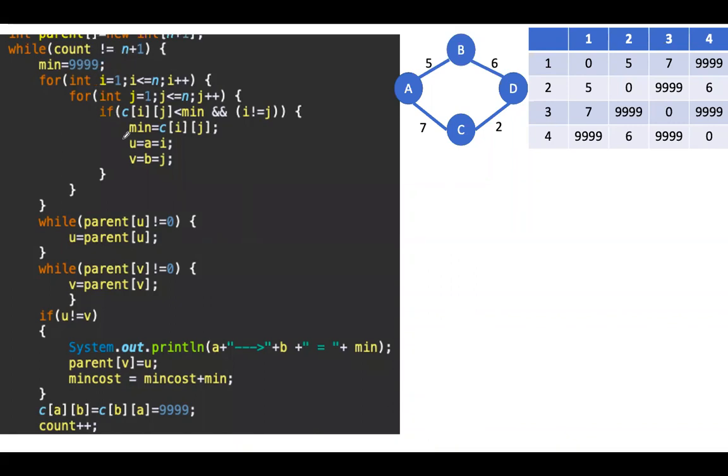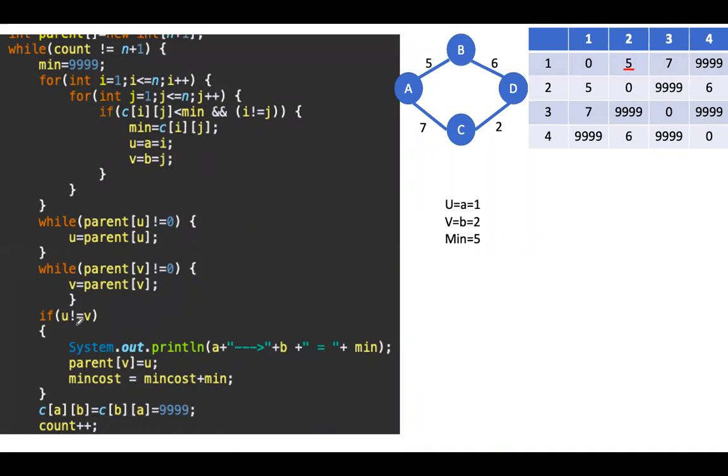We'll start the iterations again. So anyhow, these 999 values are not considered. First, it will start the iteration. It will start from 5. First, it will select 5 as minimum. And then it will start comparing 5 with the other elements present in the matrix. So we can observe it will go through all the matrix, but minimum value is 5 itself. So you get 5 as minimum value when i value is 1 and j value is 2. C of 1 comma 2. At that point, you'll get minimum value 5.